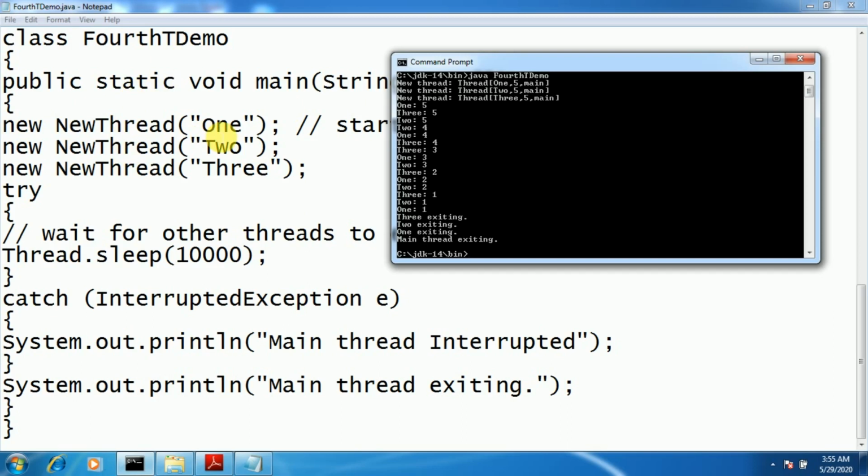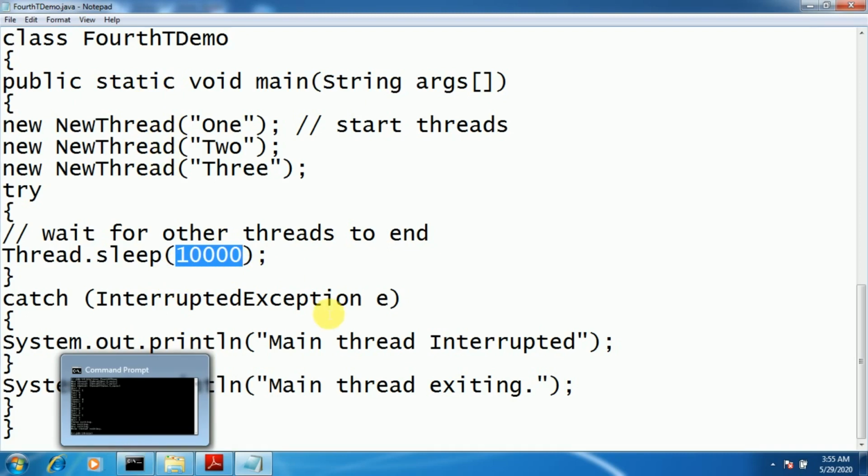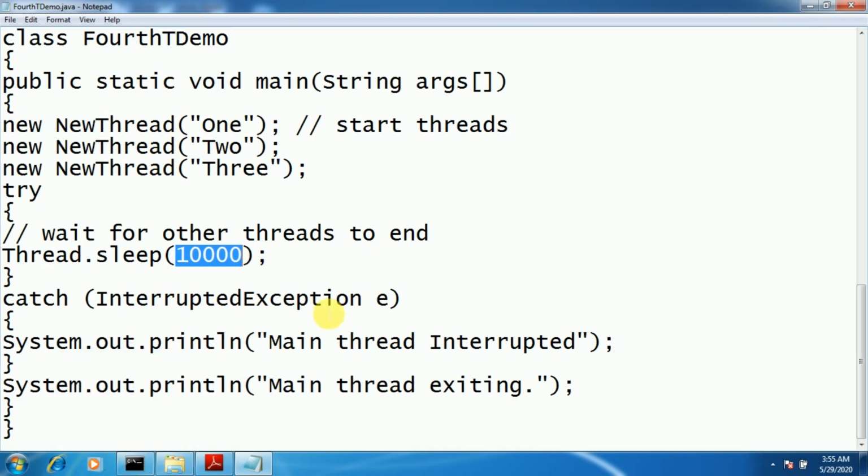When you create multiple threads, you need to do this task. But the problem with this program is how much time to assign to the main thread, so that before that all the newly created threads complete their execution. It's a tedious job because we can't guess anything, or any one thread may require more time than the assigned time. And if the main thread completes before the child threads, then your program may give you the wrong result, because the main thread always has to end last.